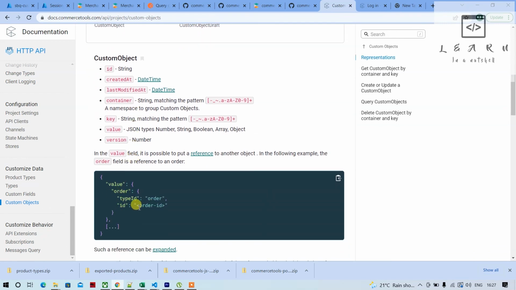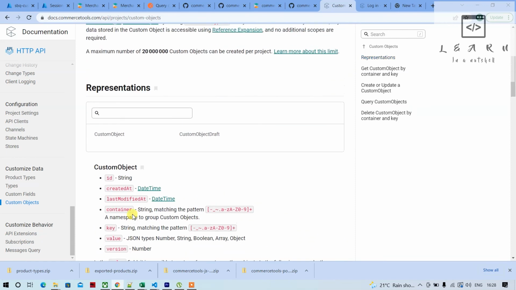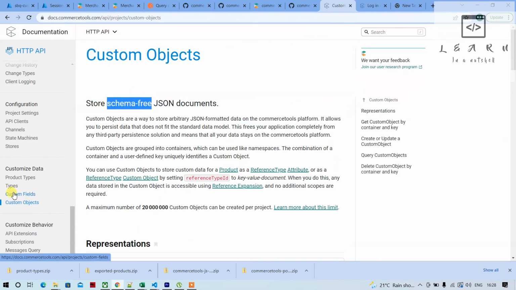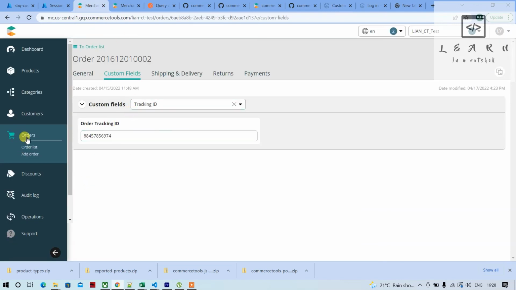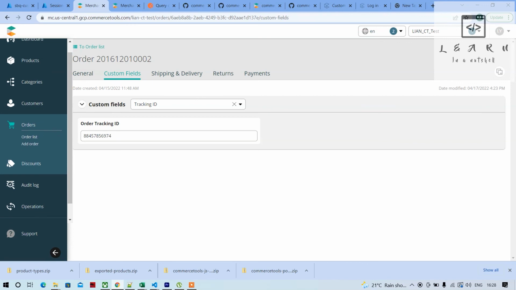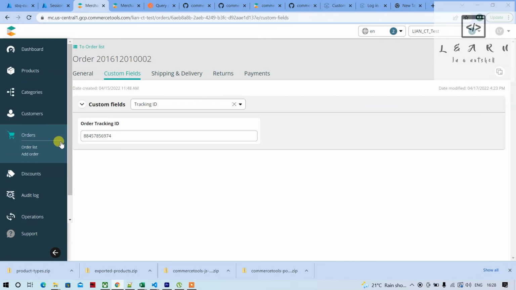So within this id, you can create again one more JSON key value pair. So that's what custom objects is all about. So you can play around with this for orders, anything. And that's all about customizable objects or customizable data in